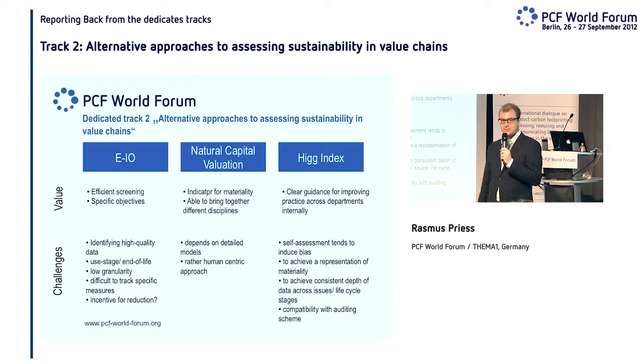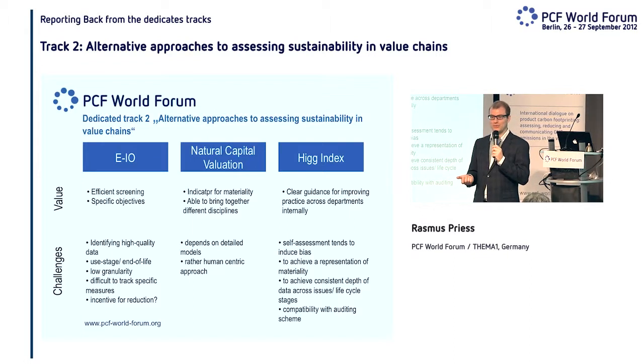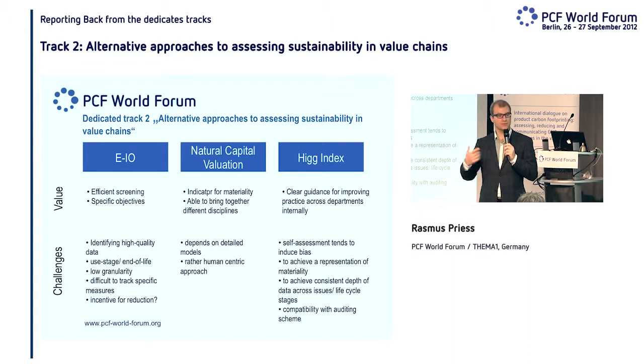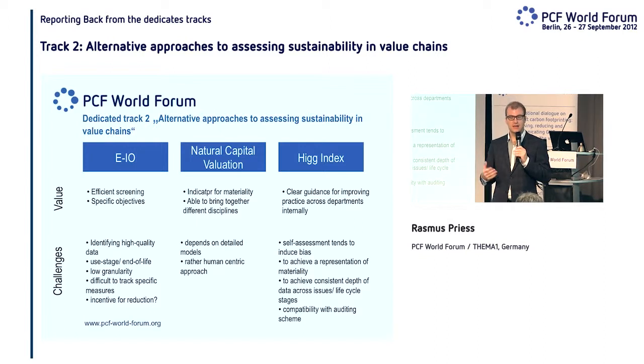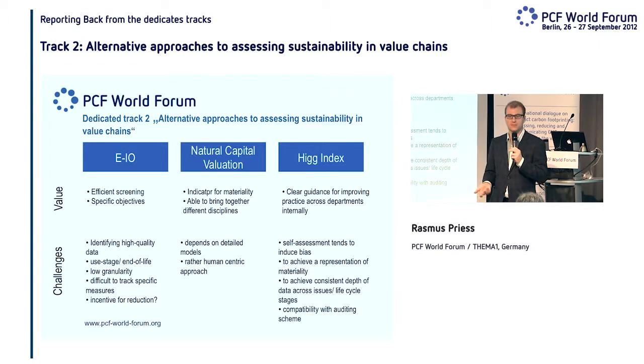And a second one, which I found very interesting, was as a value that it actually provides an opportunity to integrate different disciplines on this issue, because it may be easier for a lot of people to relate to monetary terms than to kilograms of CO2. So it actually can enhance communication between very different people and departments on the same issue, even if you then go deeper and relate back to the actual quantified numbers behind it. It is an option for enhanced dialogue.